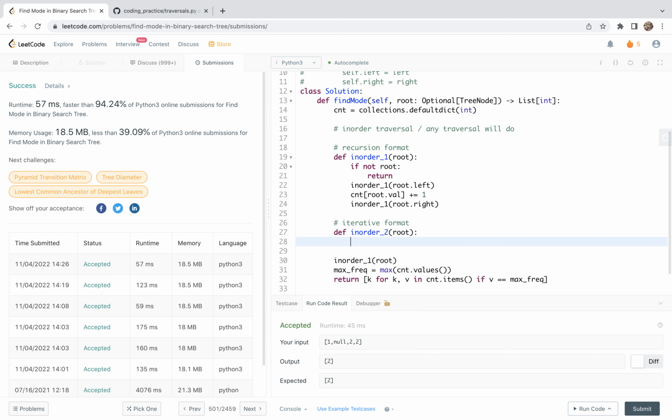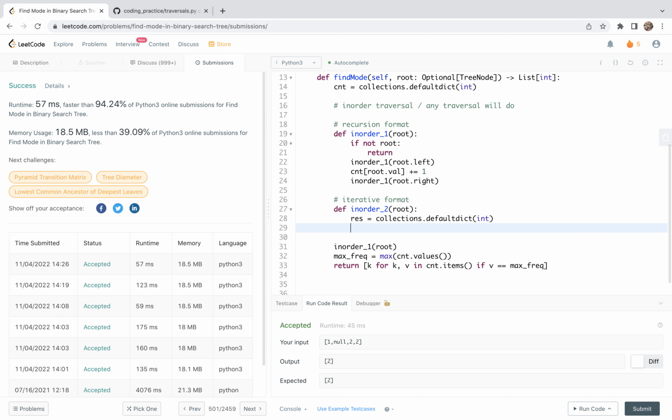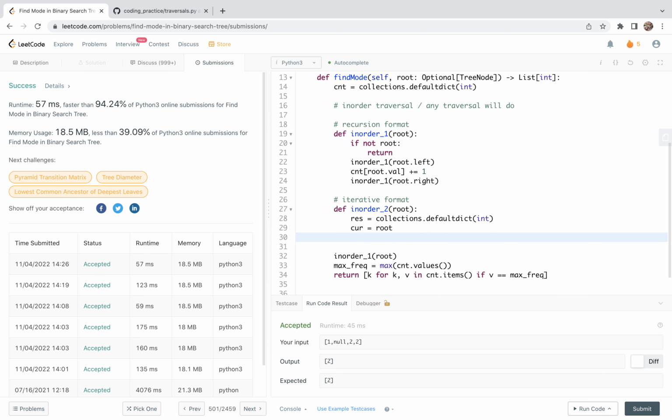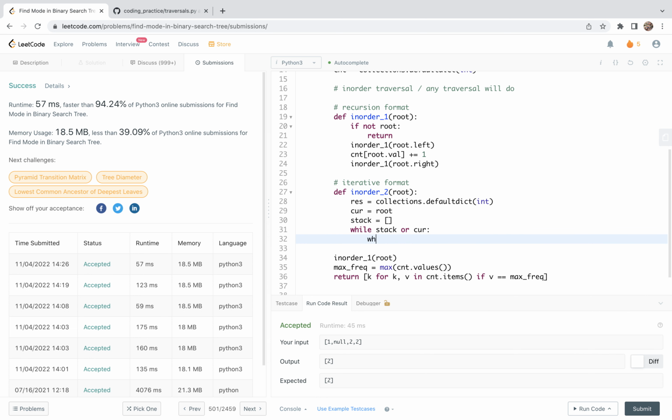So this is also very standard. So here I'm going to define inorder, let's use version 2, with root. What we are going to do is that I'm also going to use frequency counting, so a default dictionary of integer. So here what I'm going to do is set the current equal to the root, and I'm going